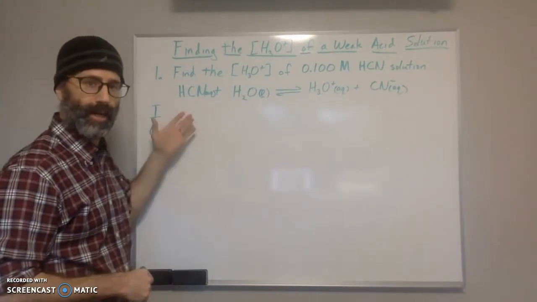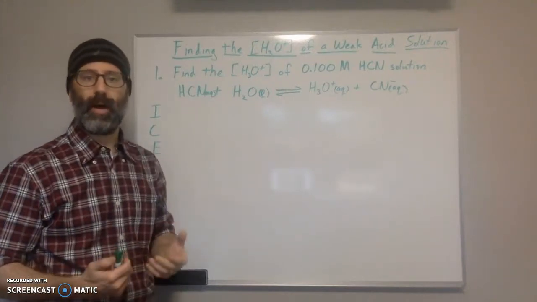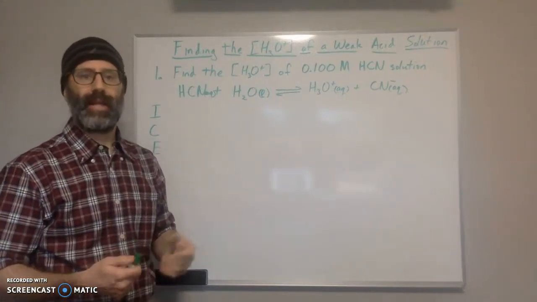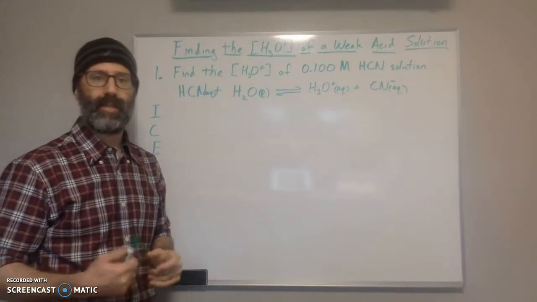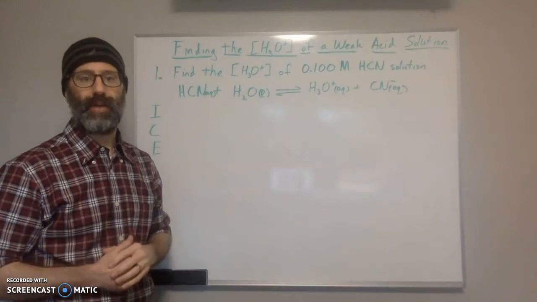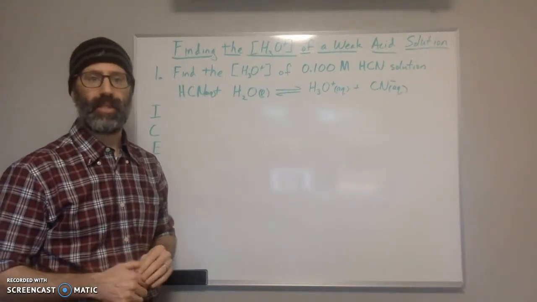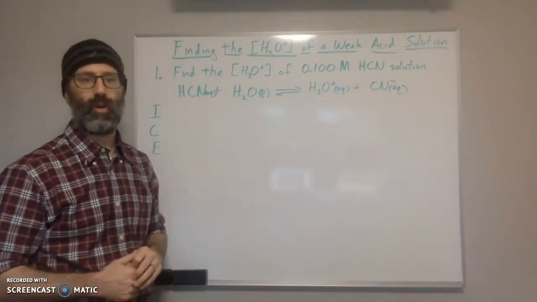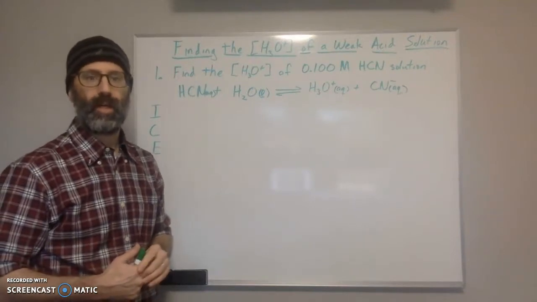You can use your ICE chart to find out what the equilibrium amounts are in terms of X, and then solve for X, and then use that X value, which is going to be the same as the concentration of your H3O plus